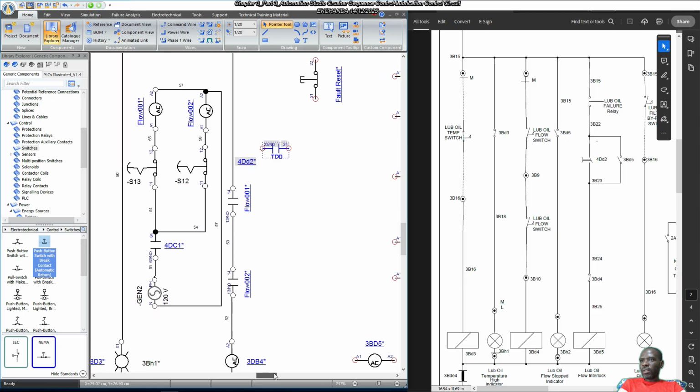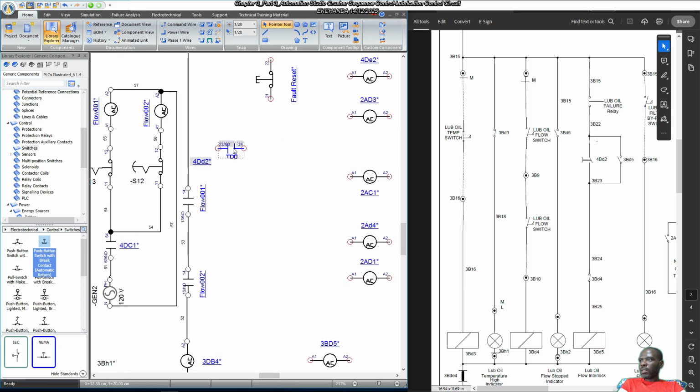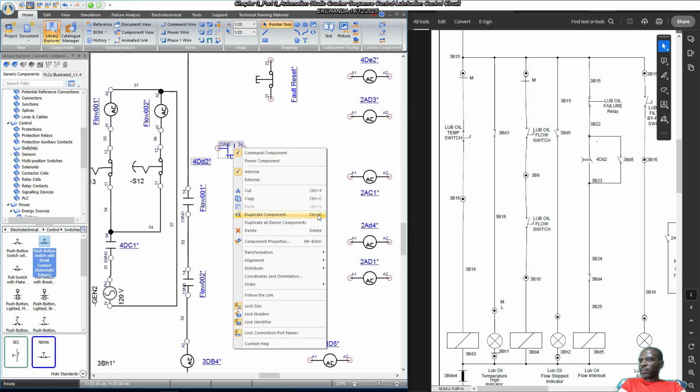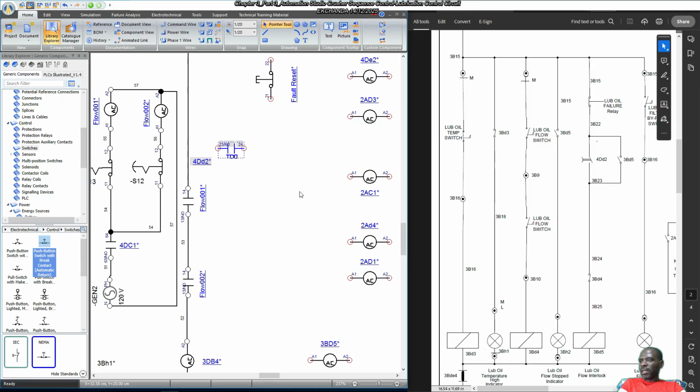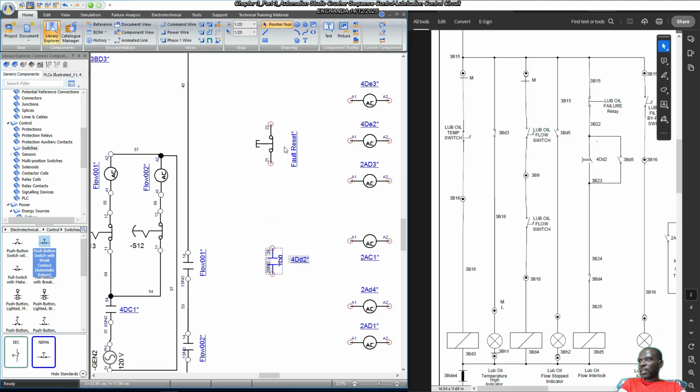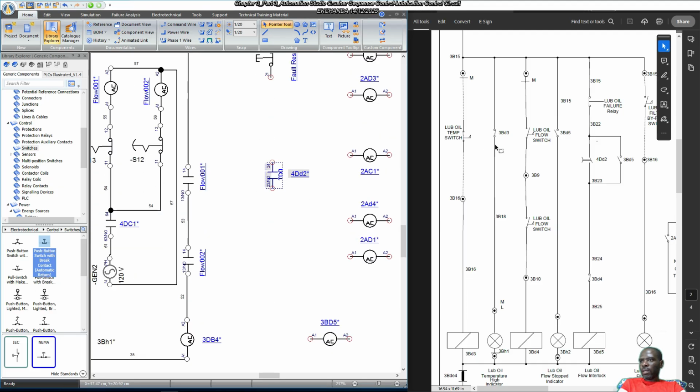So we're saying 4DD2 transformation, rotate left. Okay, put this one there, maybe align it to this other one. Okay, then okay, so